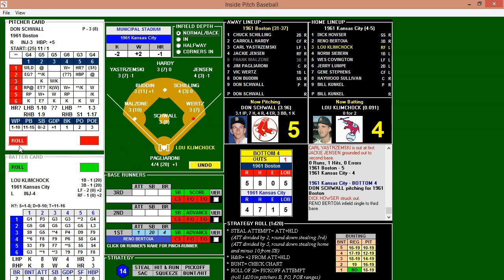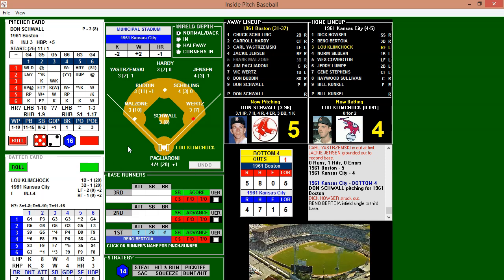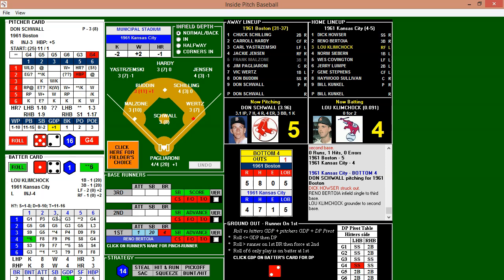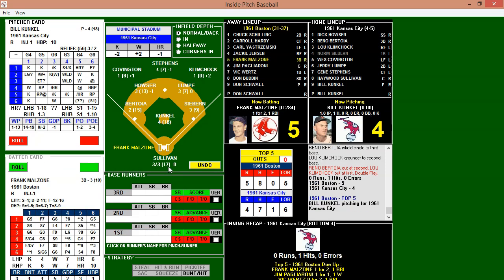That'll bring up Klimchak, 0 for 2. Wertz holding him on. Schwallock looks over to first. Bluffs, but does not throw. Steps off the rubber. Gets it back on. Looks in for the sign from Pagaroni. Here's the windup and the pitch. Takes one inside, for a ball. And that'll be a ground ball to Schilling. Can they turn two? Over to second for one, back to first, and they turn the 4-6-3 double play. And that will do it for the Athletics in the home half of the 4th.